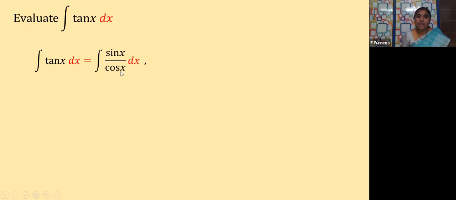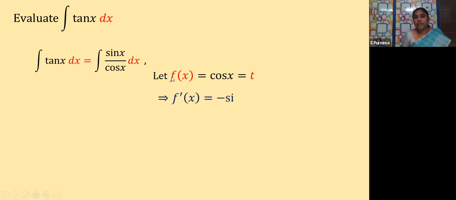Clear? So how can I write this integral of tan x? Tan x can be written as sin x by cos x. Integral of sin x by cos x dx. Now here, if you observe this term, the denominator is cos x. The derivative of this is sin x or not? But minus sign is there. Okay, but if you just keep that minus sign aside, then cos x derivative is sin x or not? So you can consider this as f dash x by f of x. So let us see how it can be done. Let f of x be equal to cos x.